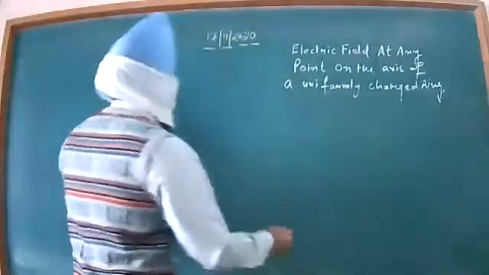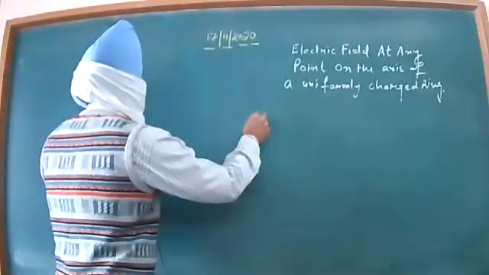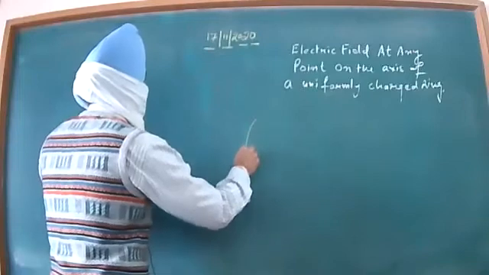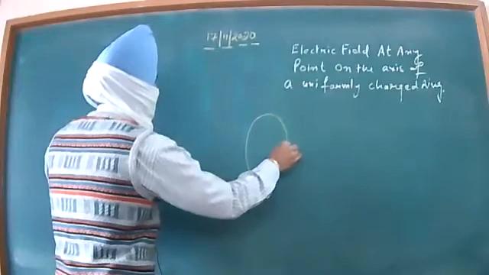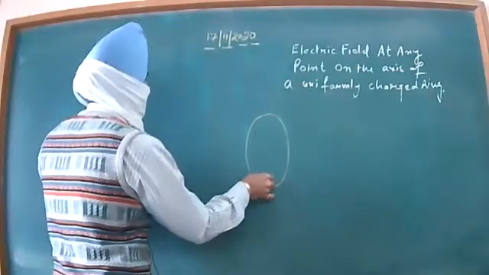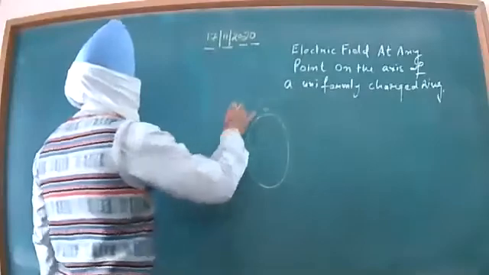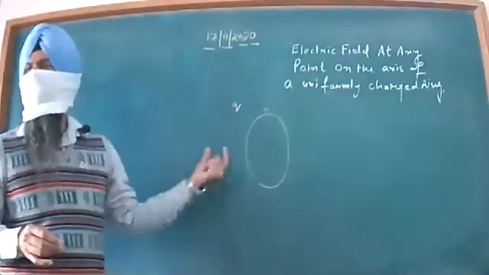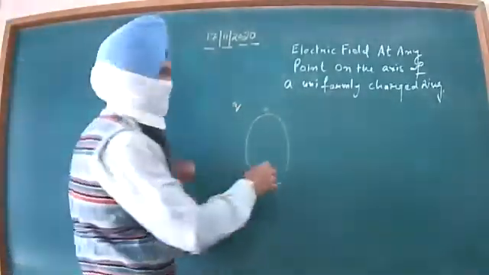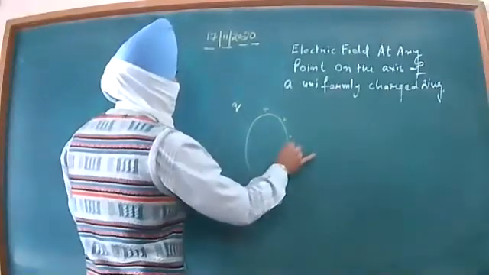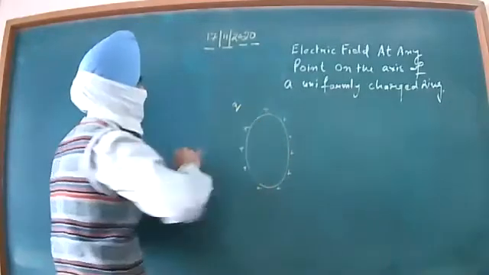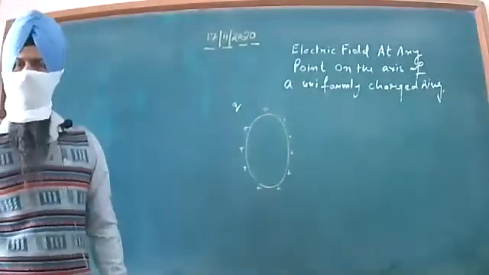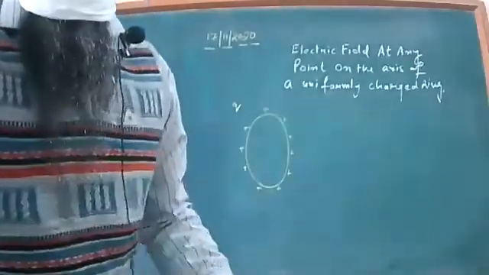Now beta, regarding this uniformly charged ring, dear children, imagine that we have this type of ring, and this ring is given some charge which is say Q. Say Q is the total charge which we are distributing uniformly on the surface of it, and this is all being uniformly distributed with it.